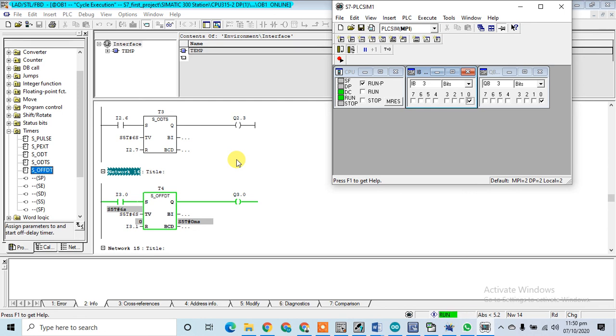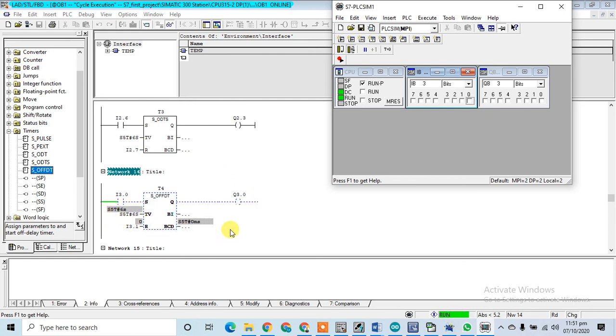It is not working. It is alert, but not in a working condition. The output is high because the input is high. When the input goes off, the timer starts, and after 6 seconds the output will be off. Let's see, input I3.0 will be off. The timer starts, and after completing its time the output will be off.